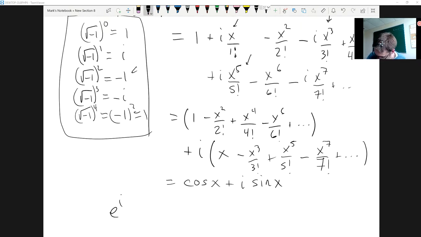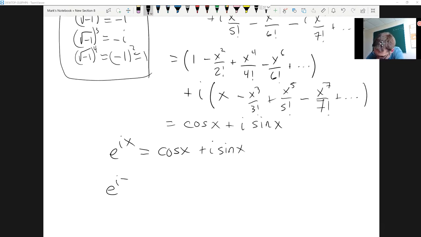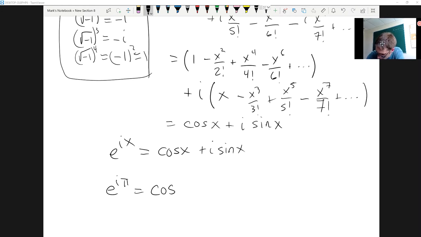So isn't it amazing? The exponential function is equal to a cosine plus the imaginary number root negative 1 times the sine of x. And once you've got that equation, you can start to come up with other interesting results, like, let's say, what is e to the i times pi? Well, we know how to compute exponentials of real numbers, but now we can compute exponentials of complex numbers, because we're just going to take the cosine of pi plus i times the sine of pi, which is equal to,